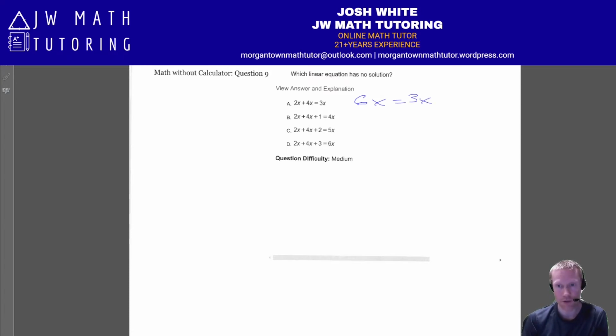That is going to have a solution. It's just going to be 0. In B, we have 6x on the left, and we have 4x on the right. That's going to have a solution, so these are not the answer. In C, we have 6x and 5x. Again, that is going to have a solution, and then it's going to be D as the correct answer, because